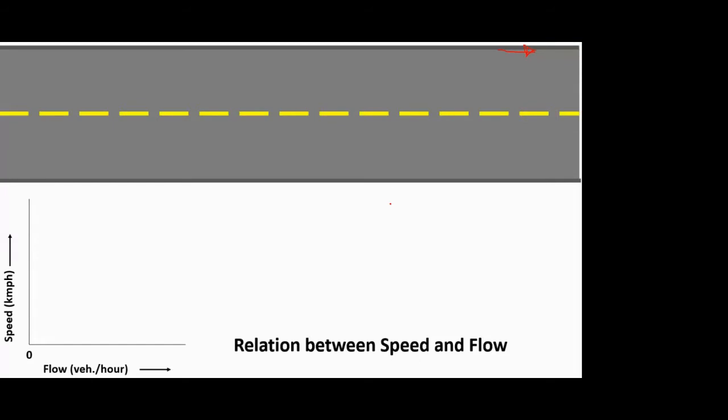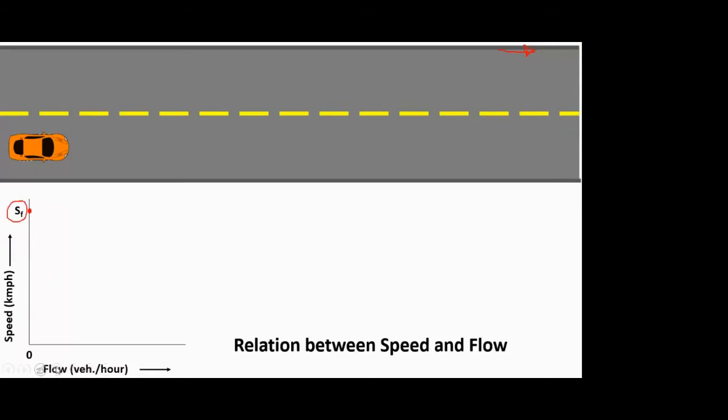Now again we will assume that we started this video when the road was completely empty with no single vehicle, and then one by one the vehicles started arriving on this road stretch. So when the first vehicle arrived, obviously the speed will be maximum, as we have seen previously. So the same free flow speed, SF, will also be considered here.